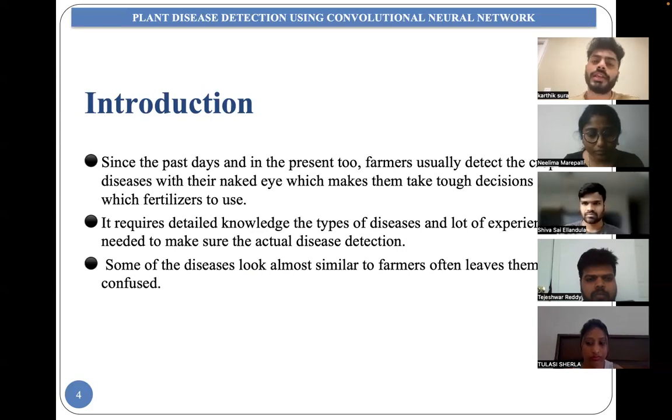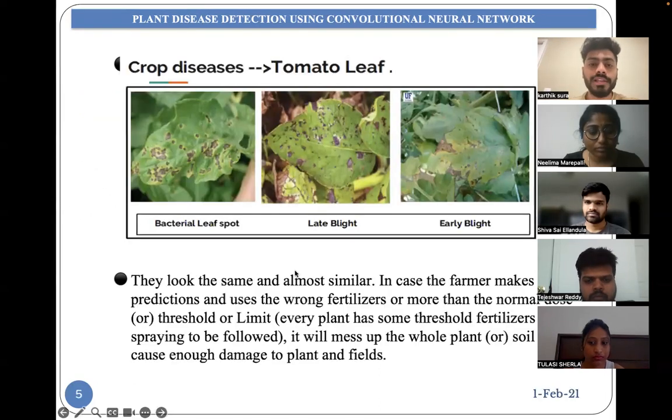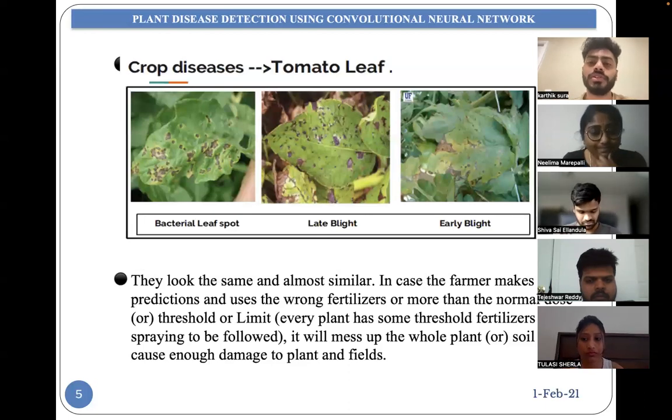Not only with farmers, but in our garden too, if any plant is affected with a disease or a virus, all the leaves look similar, so we randomly estimate the disease and spray the fertilizer. But the plant may die, or it never grows, or it won't produce fruits or vegetables. So in those cases, the plant may die, or in the farming field the farmer may incur a loss. So to overcome this issue,